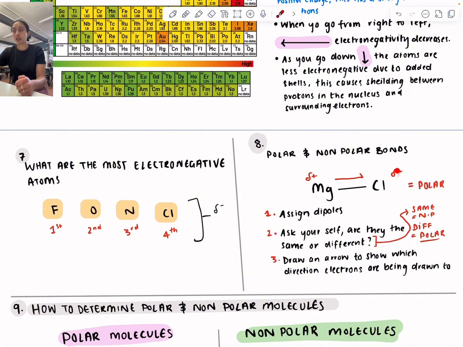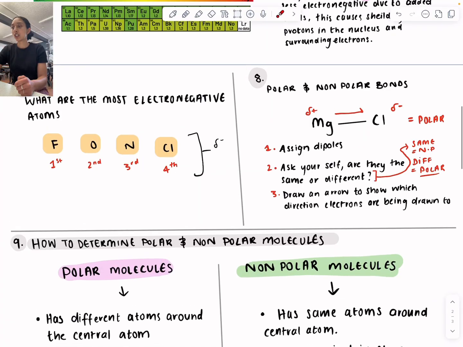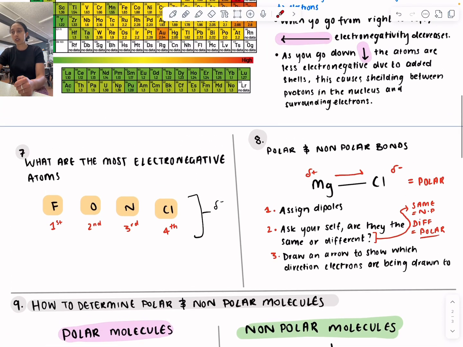So because chlorine is more electronegative, it is going to pull the electrons closer to itself, which is why this arrow is in this direction. It's winning the tug of war in a way. Okay, so there we are. That is essentially how you draw a polar bond. And if you want to look at an example for a non-polar bond, you can scroll up in the document